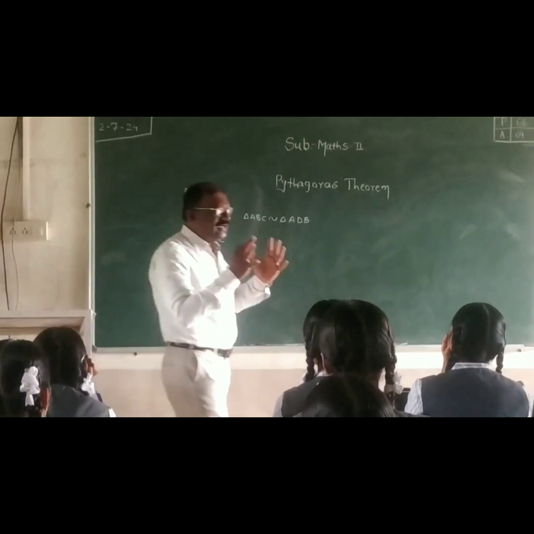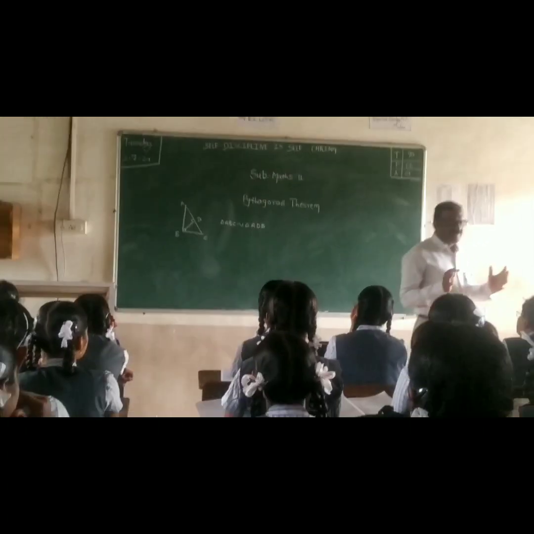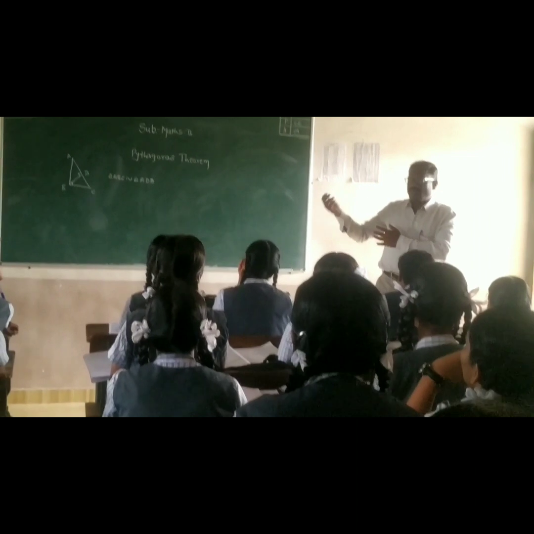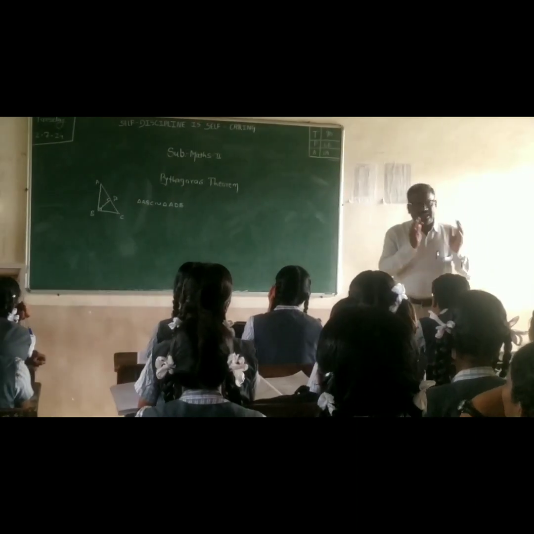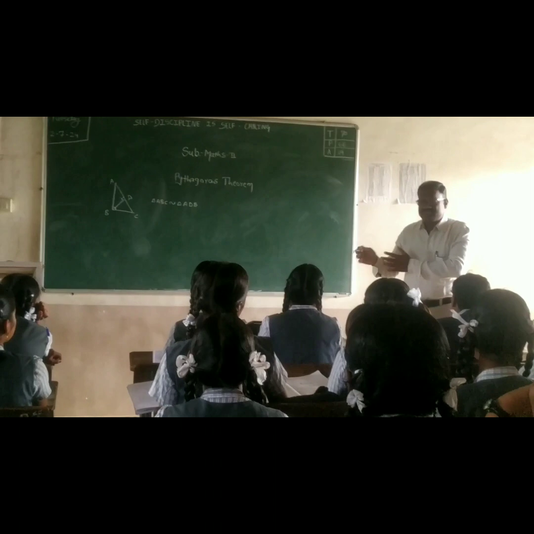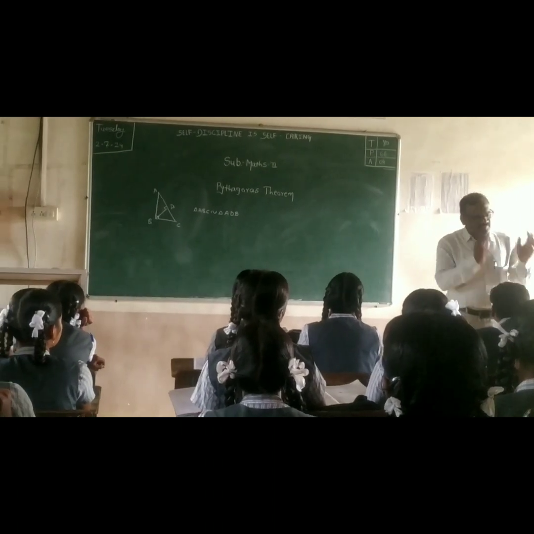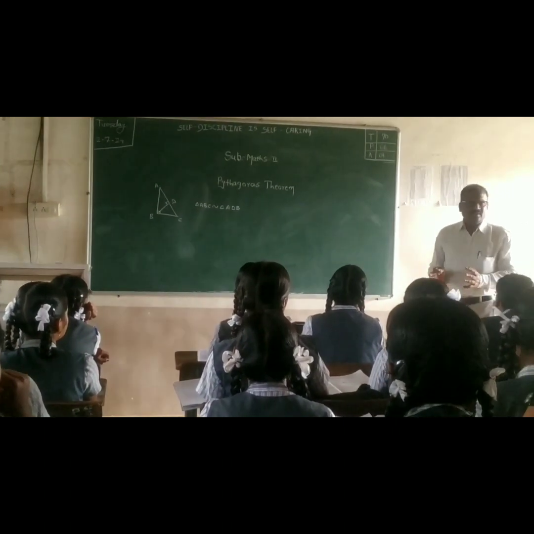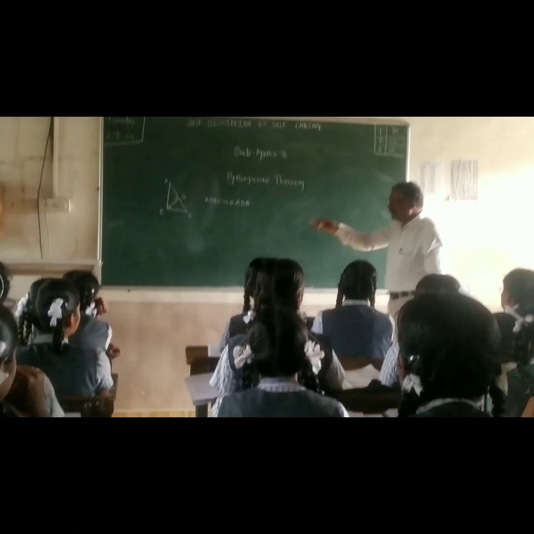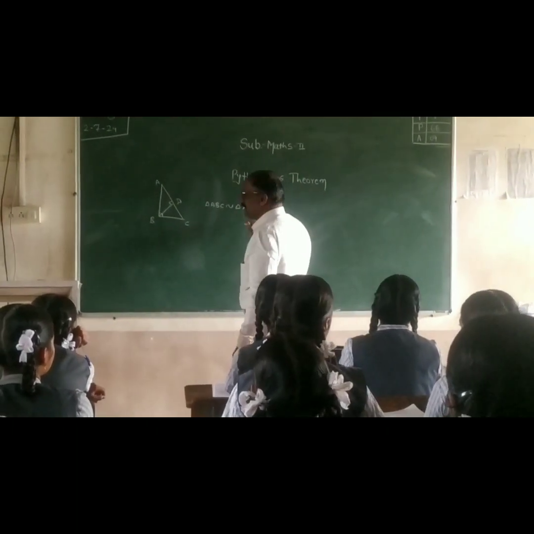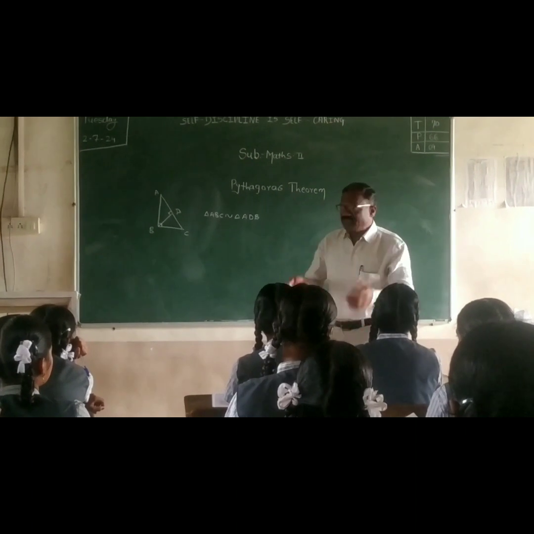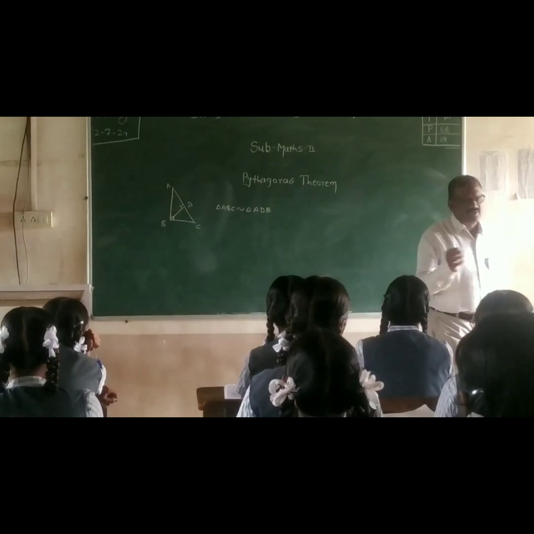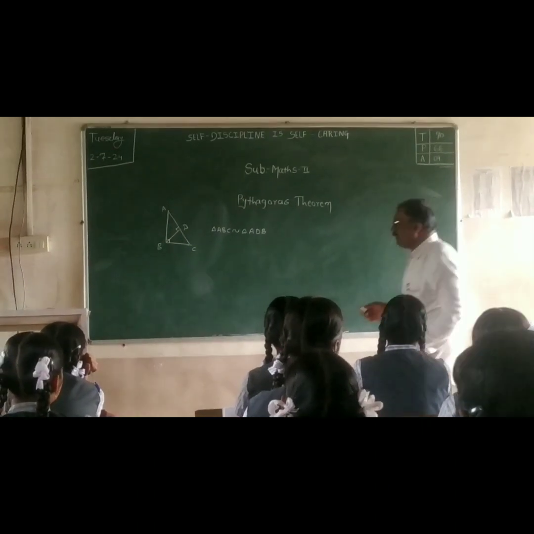So you studied transitivity. In transitivity, what do you find? One triangle is similar to another, and that triangle is similar to a third triangle. Means triangle ABC is similar to triangle PQR, and triangle PQR is similar to triangle XYZ. Then triangle ABC is similar to triangle XYZ. This is transitivity, a property of similarity. According to this transitivity, we see the similarity, and from this similarity we prove the formula of the right angle triangle, the Pythagoras theorem. Understand?